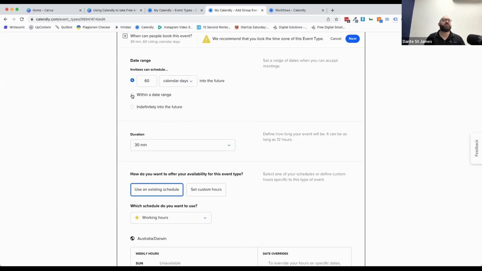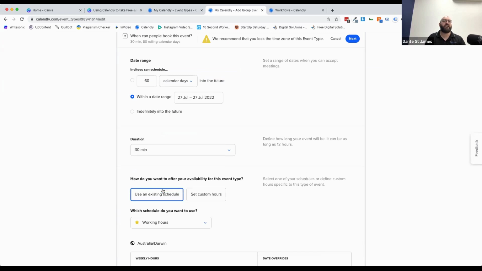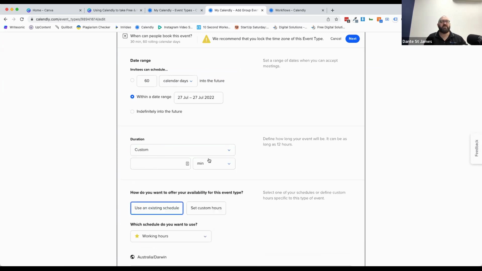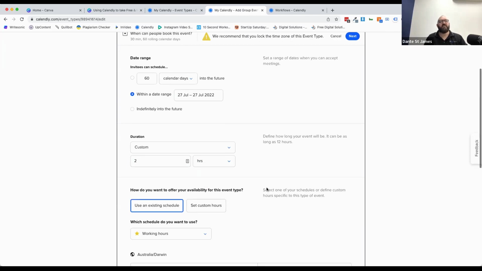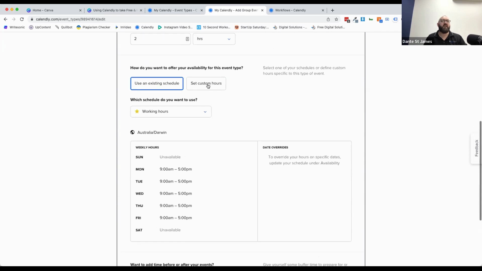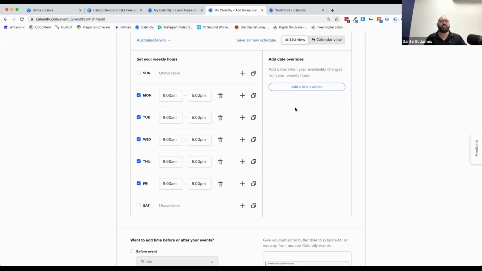Now, this is on a very specific date. It's going to be on, let's just say, the 27th, so I click 27 twice. It's on that day only, for 2 hours. So I go to custom hours, 2 hours. And then it's going to be set within a particular time zone. Now, I don't need any of that. I'm just going to set custom hours for this one because it's going to be on the 27th, which happens to be,